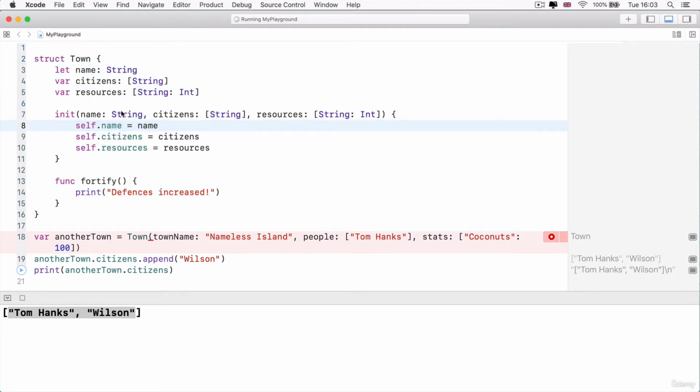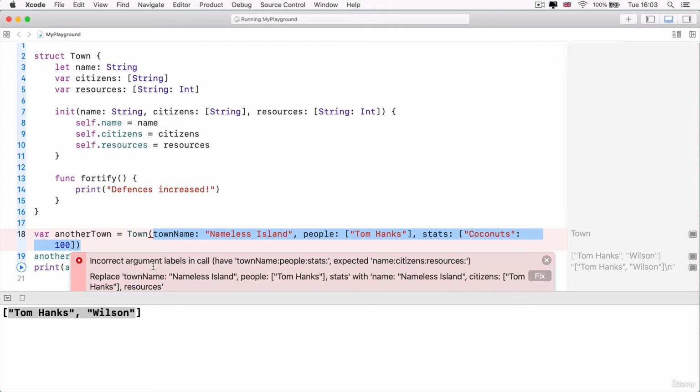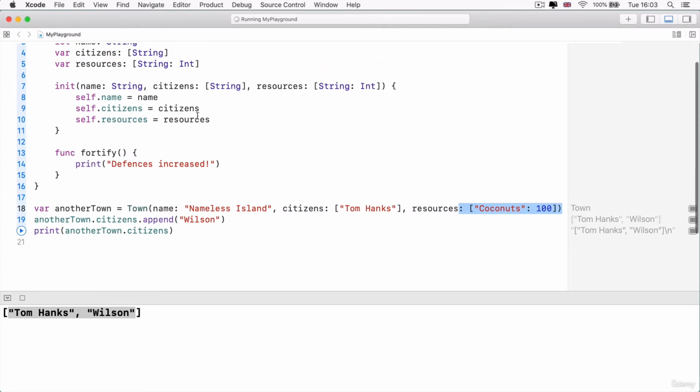Now that I've changed the parameter names of my initializer for my town structure, well, I also have to change them here, right? So this is what this error is about. It says that the labels should be name, citizens, resources, but instead we have town name, people, and stats. So we can go ahead and click fix for it to change it for us to the ones that we specified in the initializer, and all the errors go away.